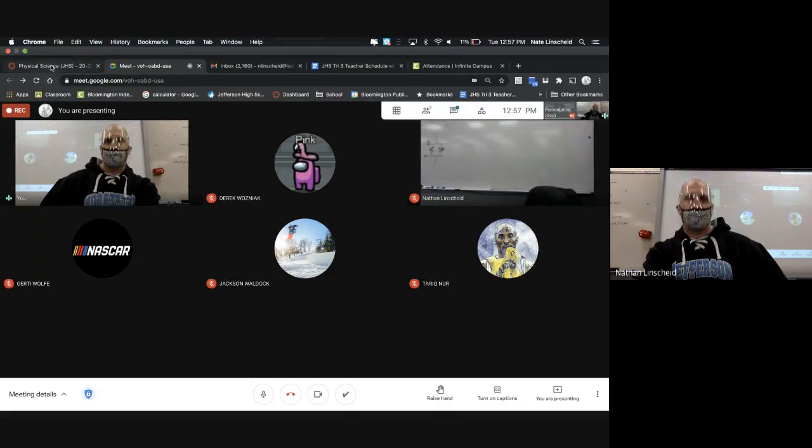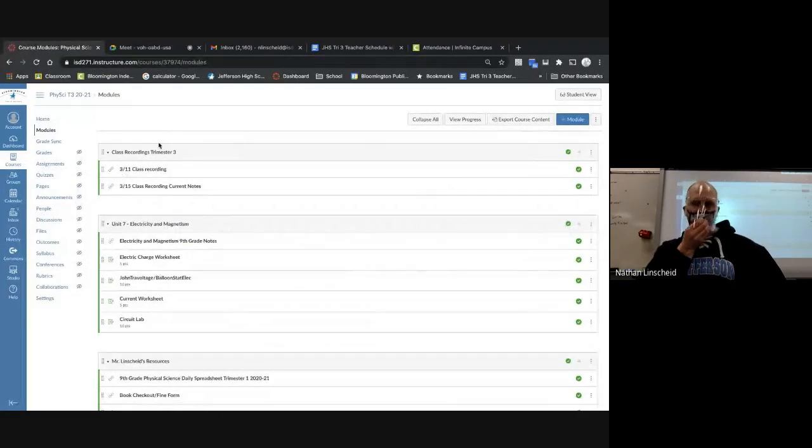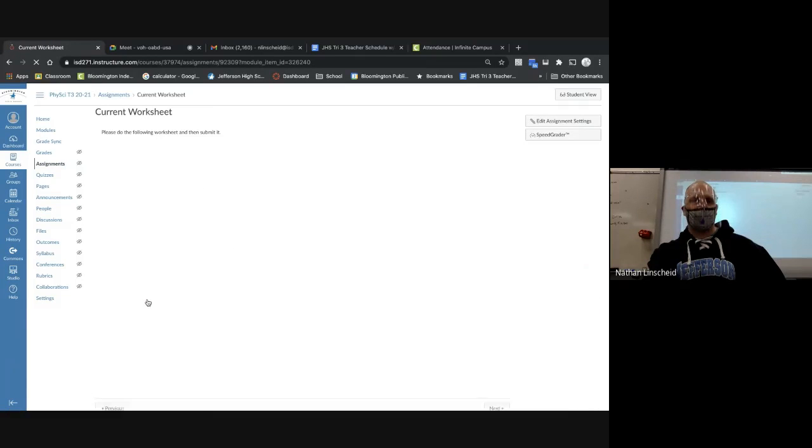Going to do is we're going to go over the homework that I assigned yesterday, and then we're going to do a little bit of notes, and then I'm going to give you an assignment that is a lab that you can work on the rest of today, and then you'll be given most of the day on Thursday to work on as well. So yesterday we talked about the current worksheet,